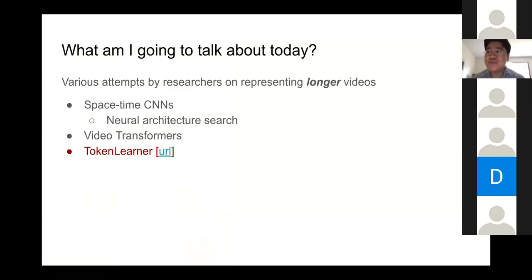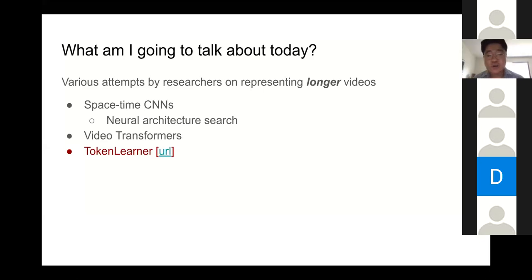So before we actually dive into the details, let us try to get an overview of what I will be trying to talk about today. I'll be talking about various attempts by researchers, including myself, on representing longer videos. I will have an opportunity to go through some of the space-time CNNs, I3D, C3D, the things we also mentioned during our panel session.